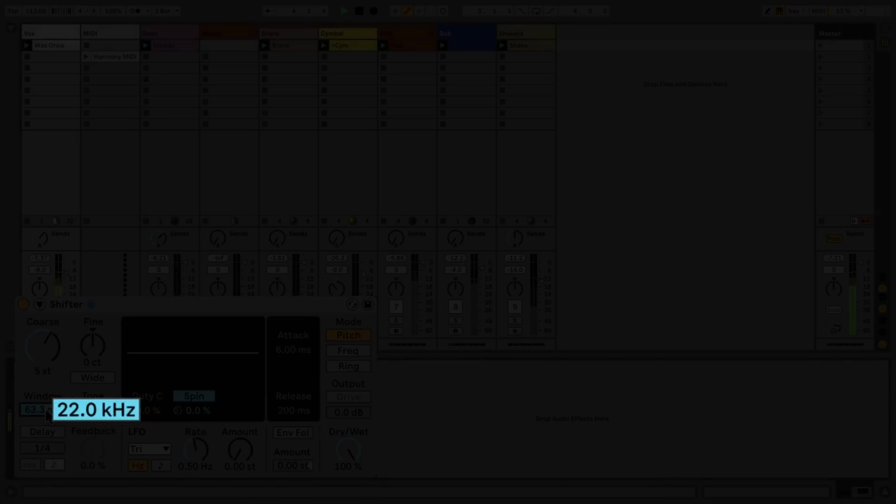The tone control cuts the high frequencies of the shifted signal and can be useful to remove harshness introduced by